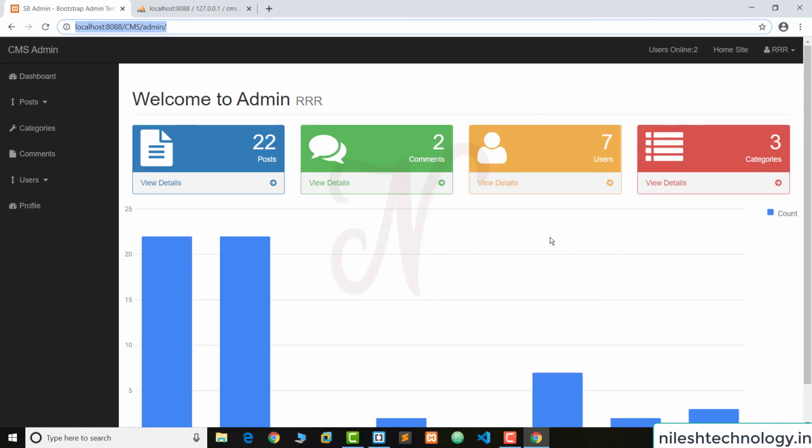So see here again in this section, without refreshing this page, this effect works here. I think we are using 30 seconds, so wait for 30 seconds. So focus on this users online 2 count.